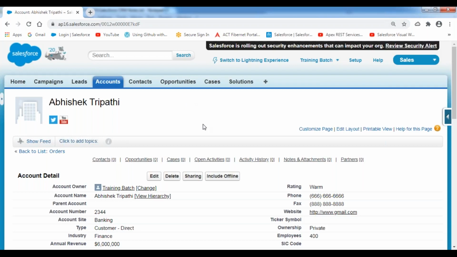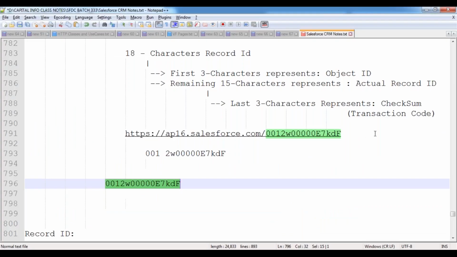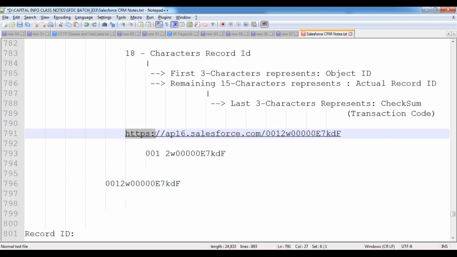Why? Because if the complete record ID is visible over here, now it is indicating clearly: this is the protocol used by Salesforce for this application, this is the server in which data is available, this belongs to the Salesforce.com organization, 001 is a table, and in the table, this is the ID of the record. If hackers know the complete information, it is easy for them to hack the data.